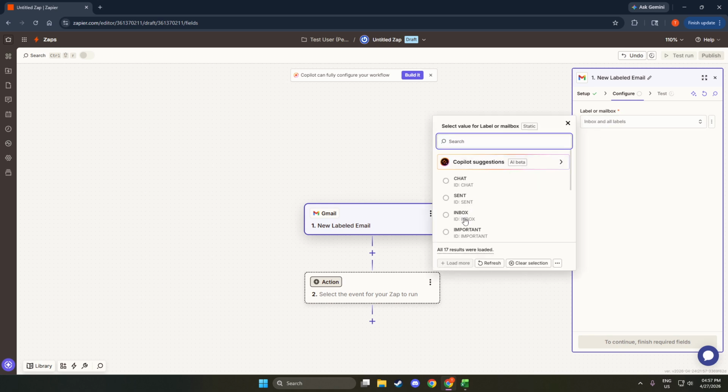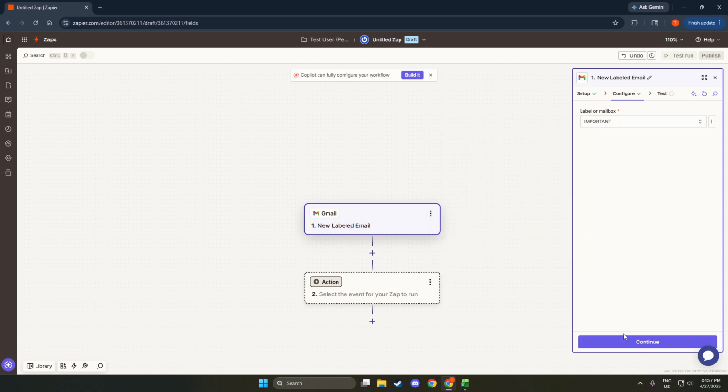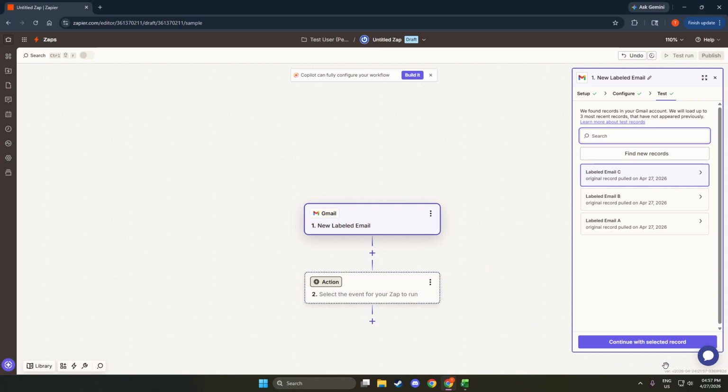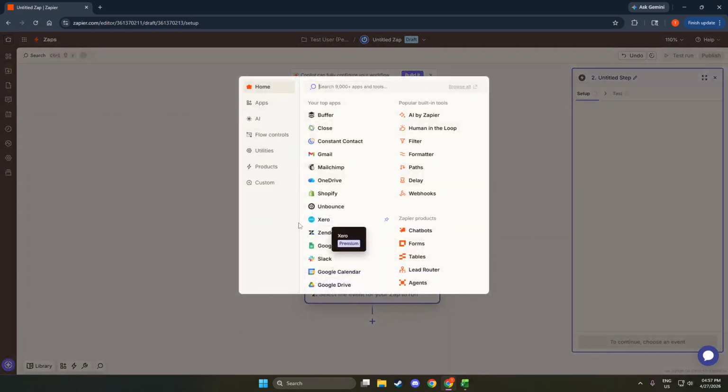For best results, target only the messages you care about by using a label or a specific inbox view. That way, you avoid processing newsletters or promotions. Zapier will let you pull in a recent sample email so you can see fields like the subject, sender, and body content. This sample is what you'll map into ChatGPT in the next step.